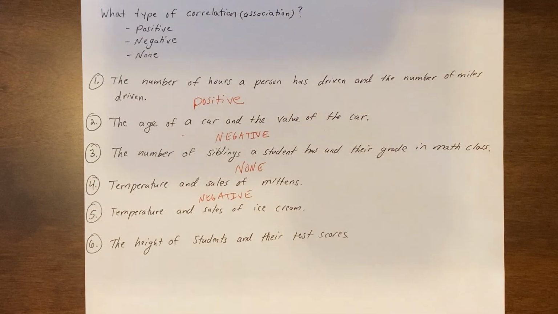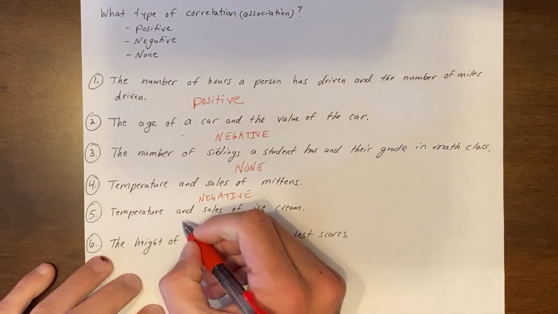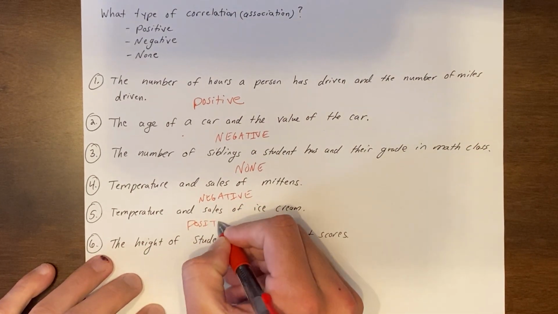All right, temperature and the sale of ice cream. In this case, generally speaking, when it gets warmer, the ice cream truck makes his way around because people want ice cream. When it's January and December, I don't hear very many ice cream trucks driving around, because when temperature goes down, the sale of ice cream goes down. But when temperature goes up, the sale of ice cream goes up. So we would say this is a positive